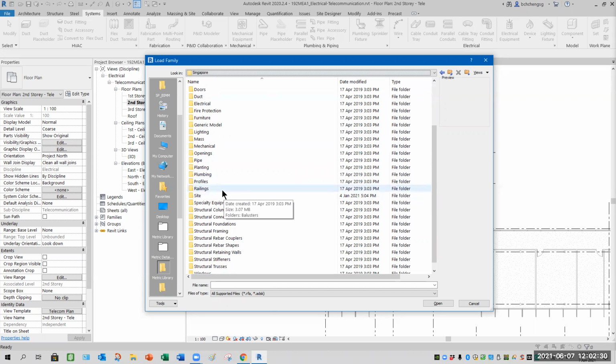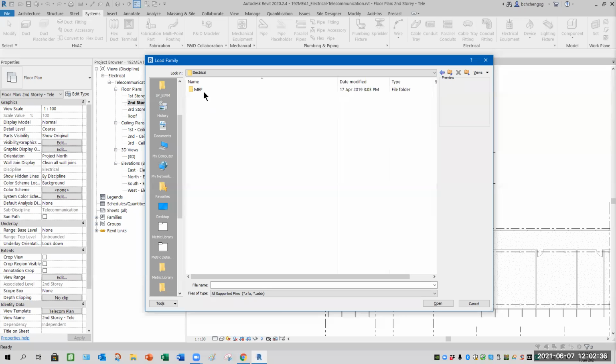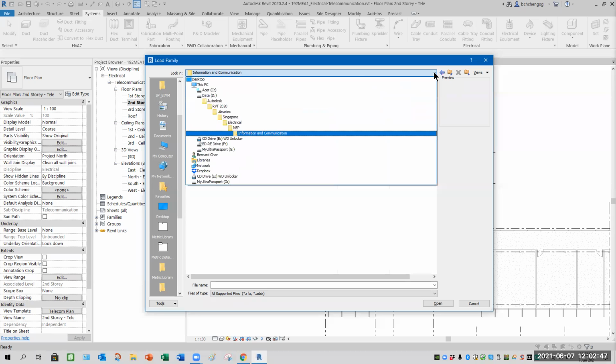Fire alarm, is it a mechanical component or electrical? Information and communication. See, fire alarm is all here. Guys, remember this. It's all your communication components, I believe they should be here. You can take a snapshot of it. Try to remember, because MEP stuff is all over the place. Cancel. So from here,